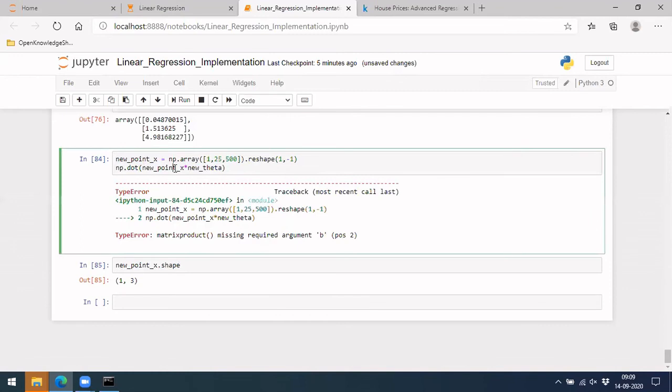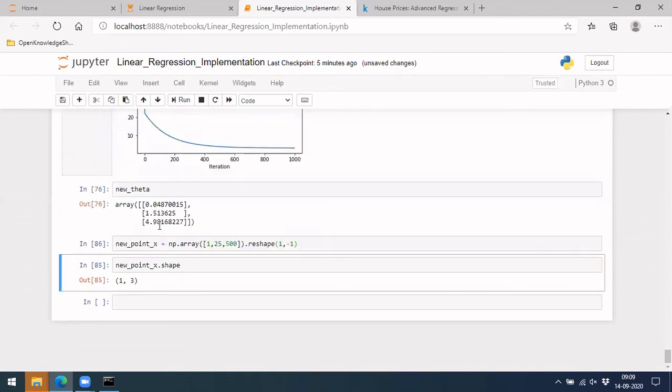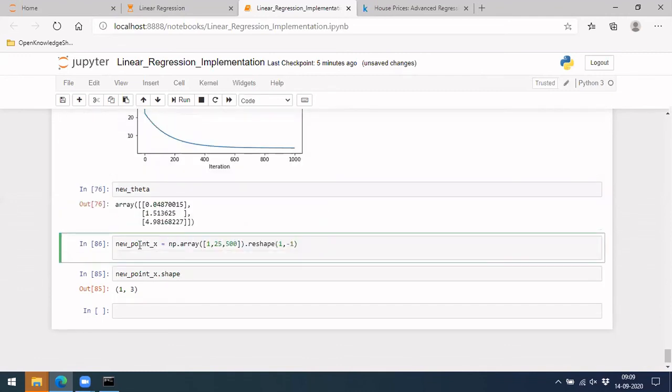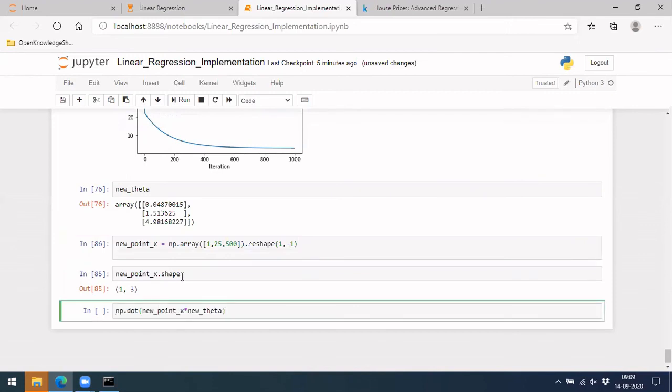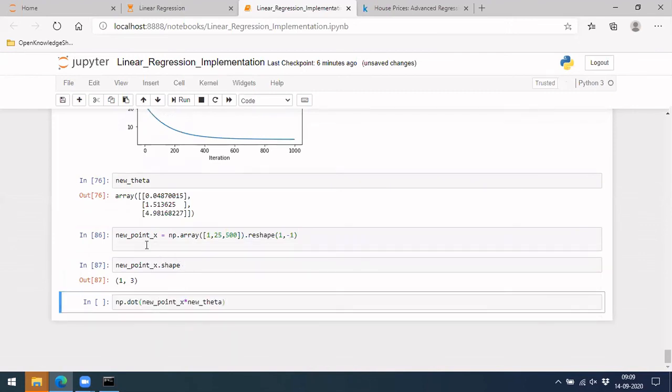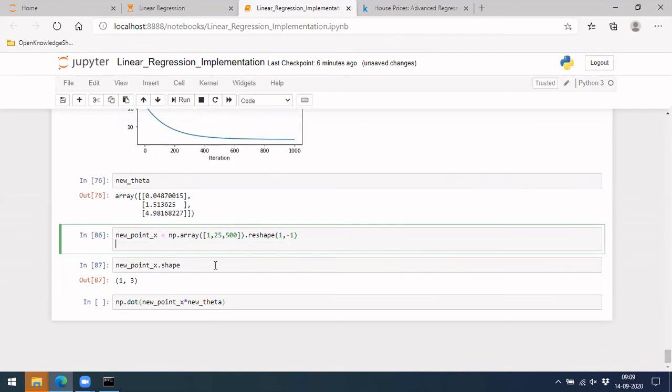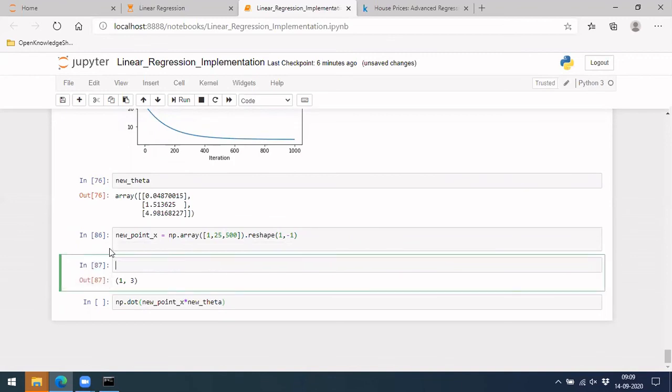Then what's the issue now? I don't see an issue at this point. So let's do it in the next line. So here we have 1, 3 and theta. Let me move this here.